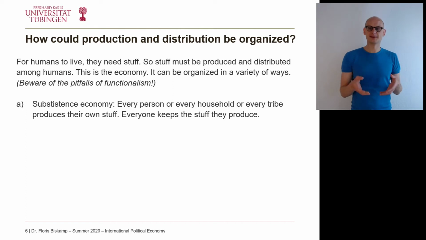They can see some form of subsistence economy. And this is a way we can think about it. It's then very simple to some degree, because everybody produces their own stuff, and distribution is not a problem at all because everybody just keeps their stuff. However, this is of course not probably the most effective type of production, because there's no specialization, and specialization typically comes with greater